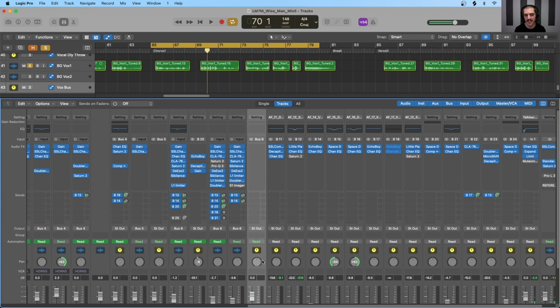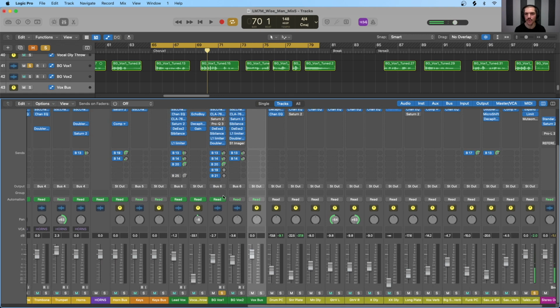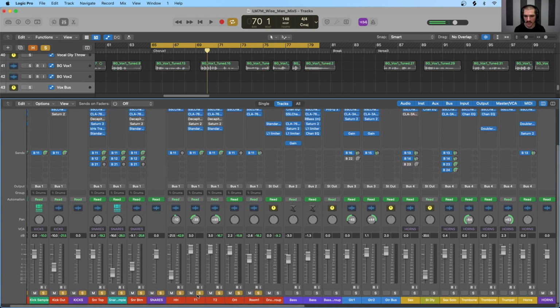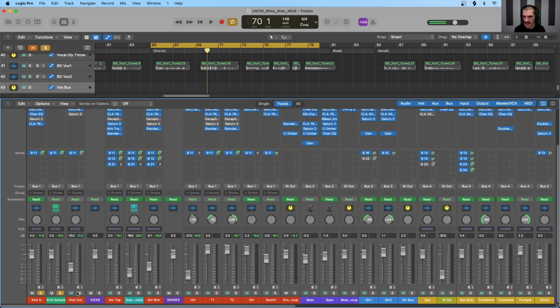Next on the list is the VCA. VCA stands for voltage controlled amplifier, and it's a voltage controlled source, either physical or virtual in the case of digital audio workstations, that acts as a master control over the volume levels of the channels in the VCA group. So VCAs do not pass audio, but they help control audio as a fader that is separate from the individual tracks. In the case of Logic, and this session in particular, we can have a look at our